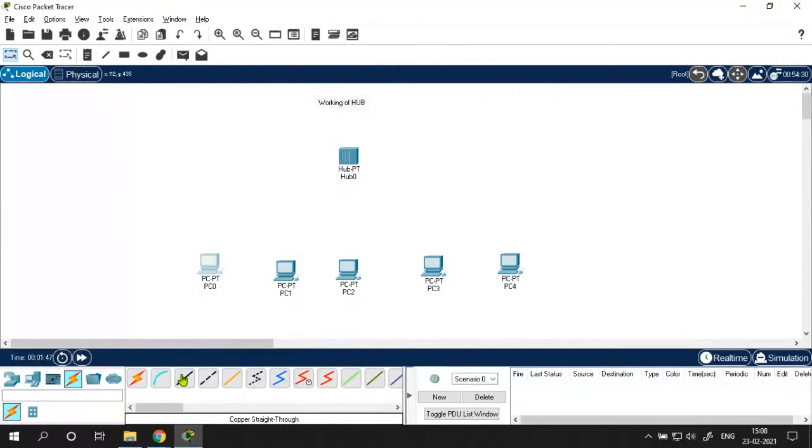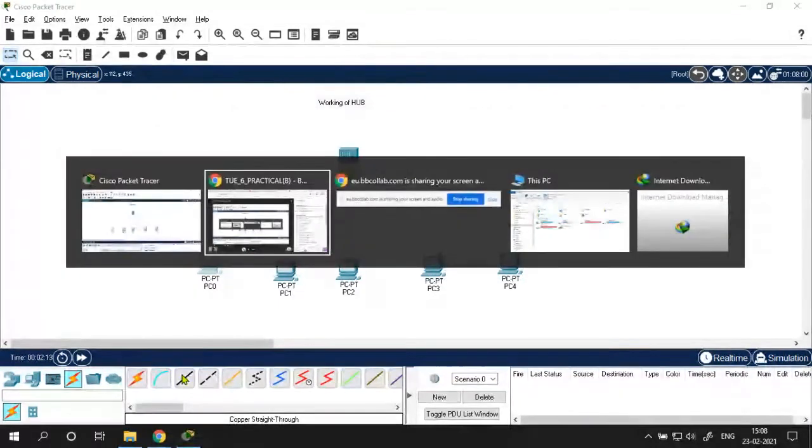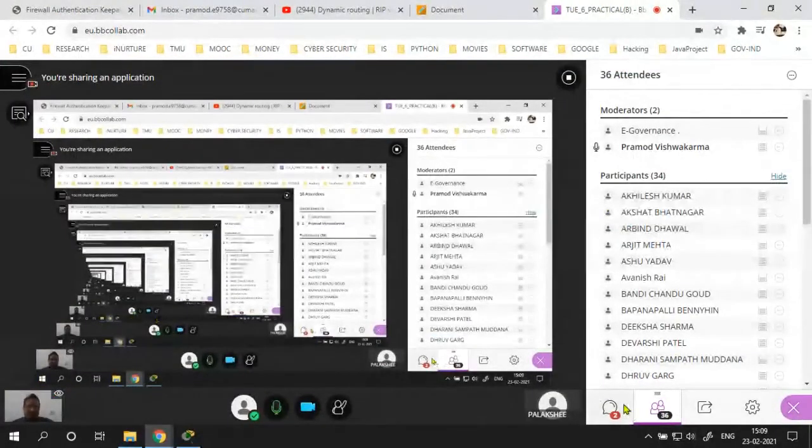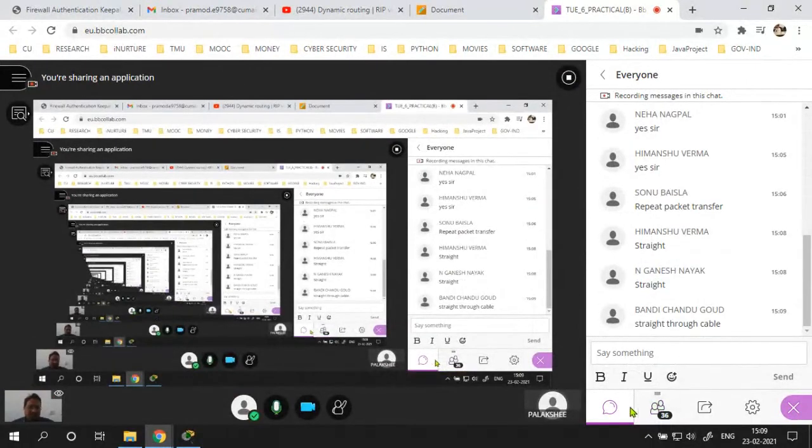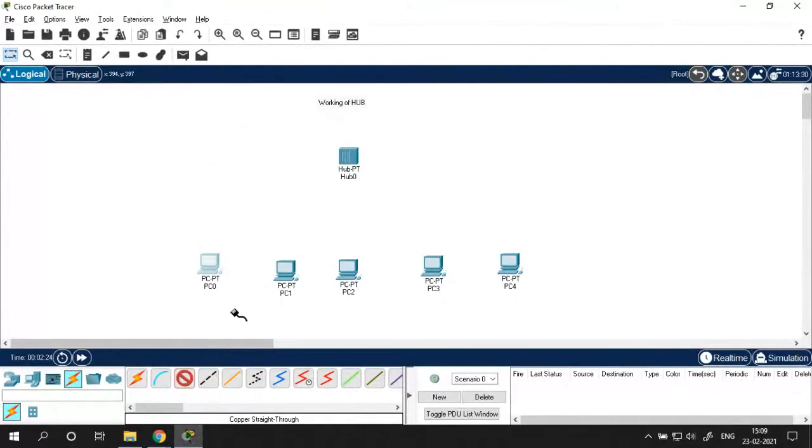Let me know whether you are remembering a few concepts that I have already taught you in my previous lecture, such as IP address, configuration of the IP address, classes of the IP address, default subnet mask of the IP addresses, then hub, switch, router, and one more concept, IOS command line interface, IOS CLI. Yes, class. Right. Correct, Himanshu. We will be using a straight through cable. So this is the straight through cable.